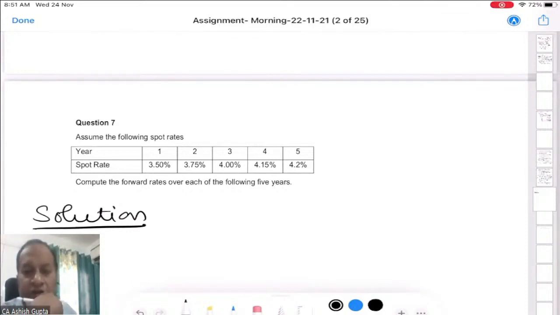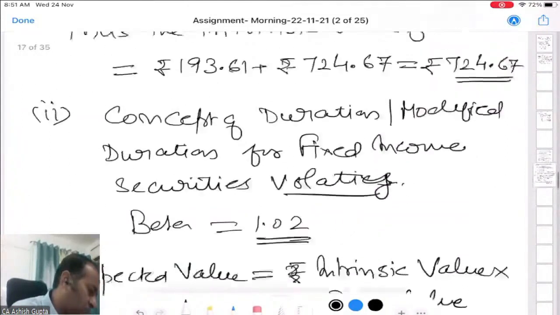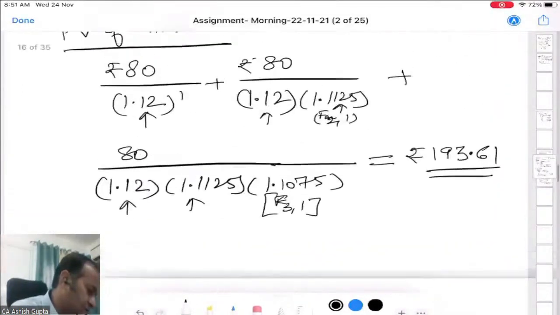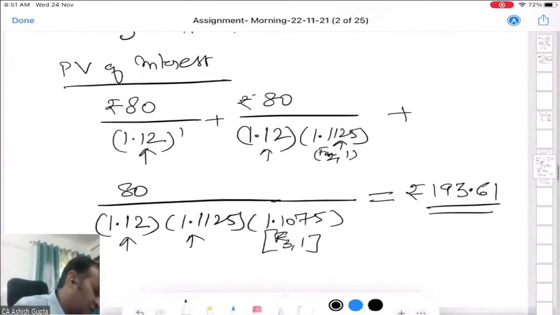Namita is asking, sir, should we write FN2 below 10, and why is it so. Let me check. Yes, better you can write here. It hardly matters. You can write here like that. No problem. After 2 years for the 1 year, that way you can also write. No problem. But it hardly matters.